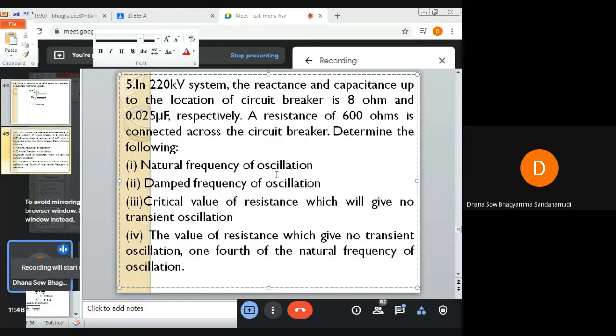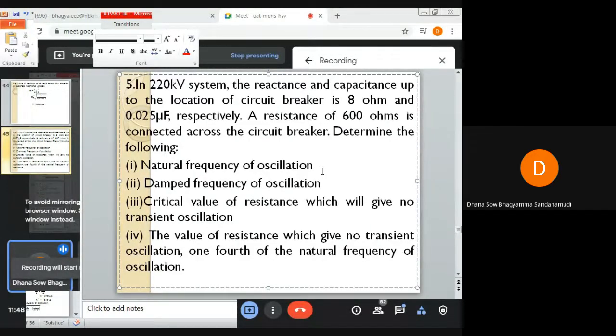Okay, next problem: in a 220 kilovolt system, the reactance and capacitance up to the location of the circuit breaker is 8 ohms and 0.025 microfarad. So the reactance and capacitance up to the location of the circuit breaker is given for a system of 220 kilovolts, that is 8 ohms of reactance and capacitance of 0.025 microfarad, and a resistance of 600 ohms is connected